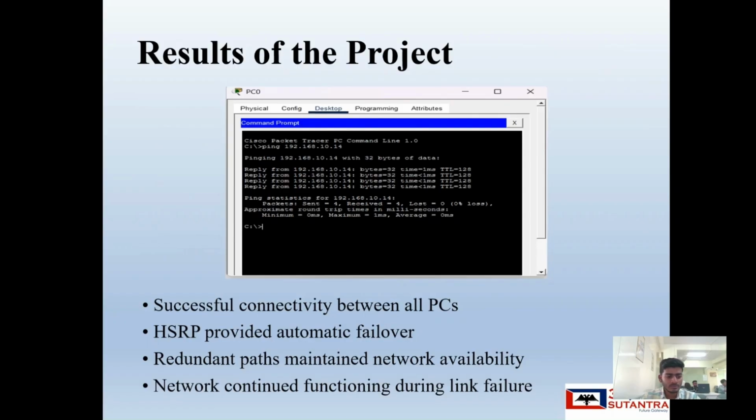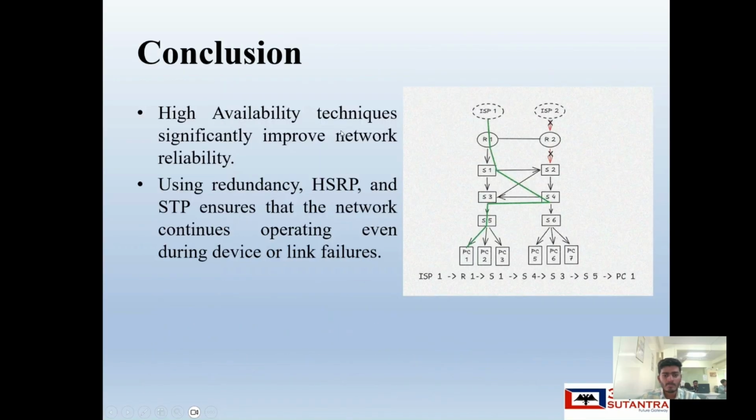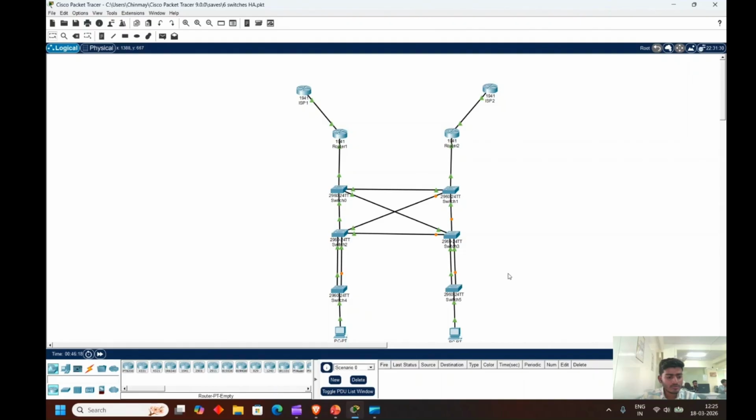Next, result. The network continues working even if a failure happens. Conclusion. This project shows how we can make the network reliable and stable. As you can see, this is how the data is flowing. If this router is turned off or it has failed,